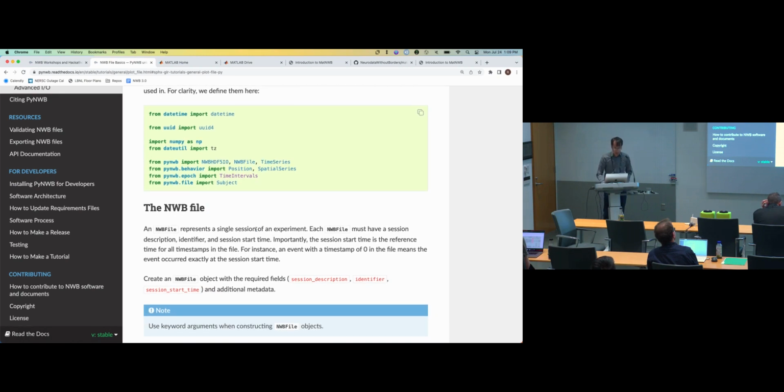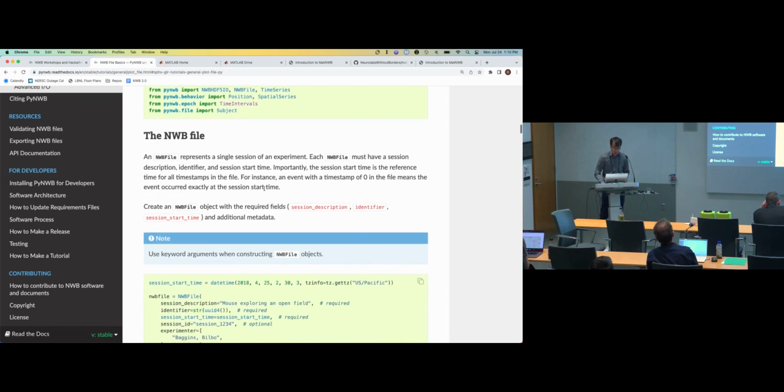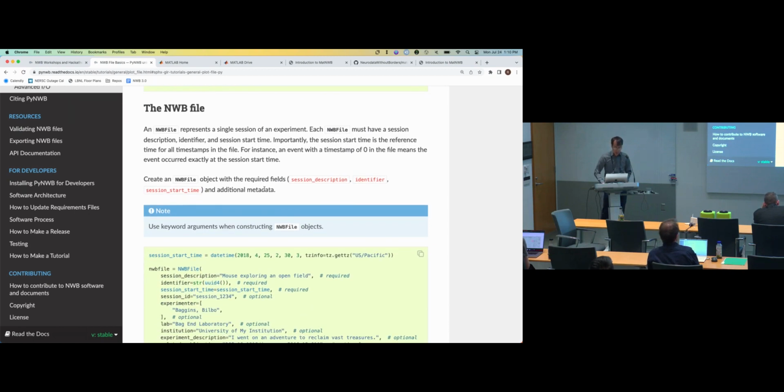Okay, now to start on the Python side in PyNWB, we're going to import a whole bunch of things, and you can just copy these. These classes are located in various modules within the PyNWB package, depending on what category they're in. But you can just use this as a reference. And we're going to start by